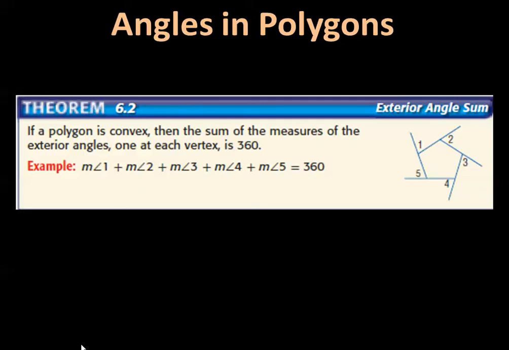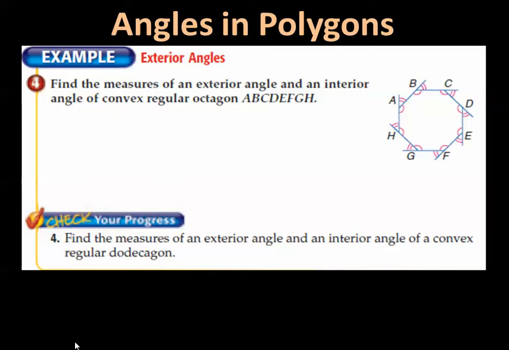Next you have your exterior angles theorem, and what you have to remember is that your exterior angles are always going to add up to 360. So it says find the measure of the exterior angle and the interior angle of the convex regular octagon ABCDEFGH. So to find the interior angles,